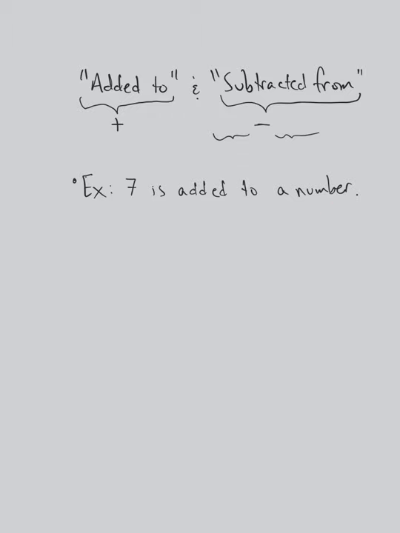Okay, and so think about how addition actually works. We have 3 plus 5. We think about starting at the 3 and then adding on the 5, right? Like that. And so I hope you see what I'm trying to get at here. This 7 is what's being added on to something. So the completely correct way to say this is you're starting with the x and then you're adding the 7